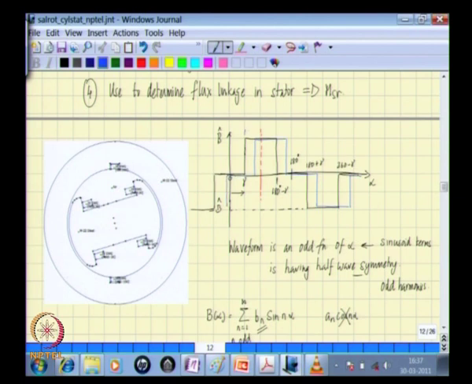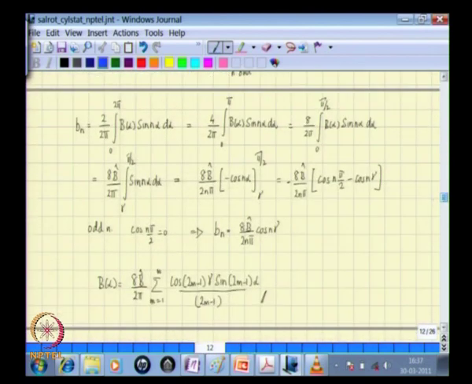So, this shift being theta r. What we have determined is the flux density waveform for theta r equal to 0, and we need to modify this flux density waveform expression, the Fourier series expansion, to take into account any angular